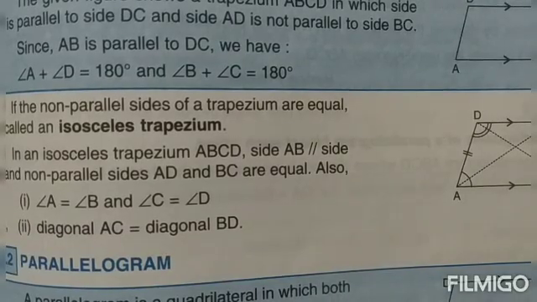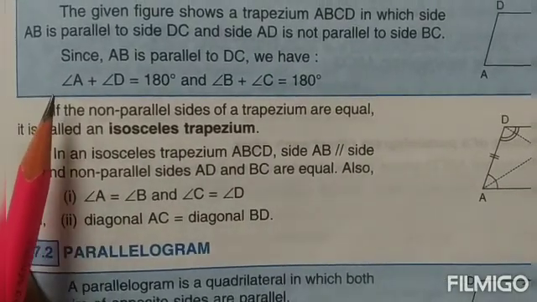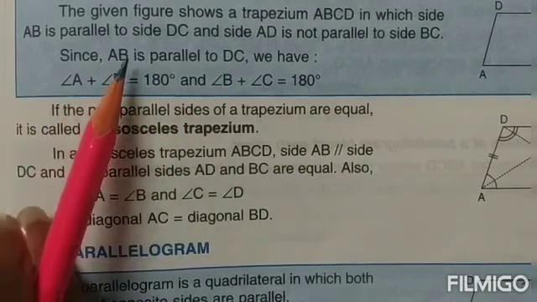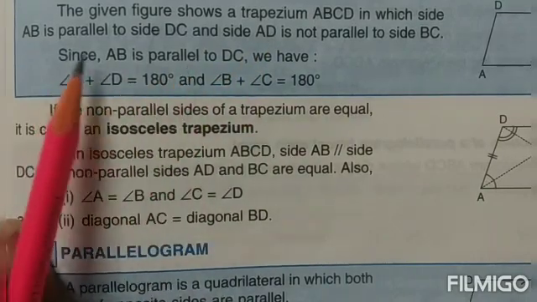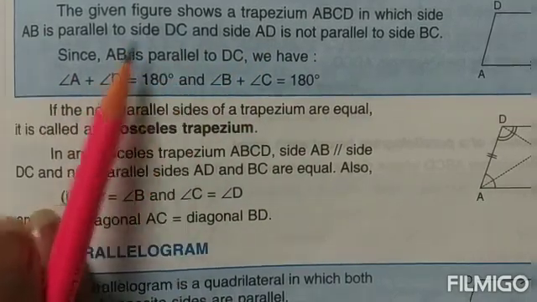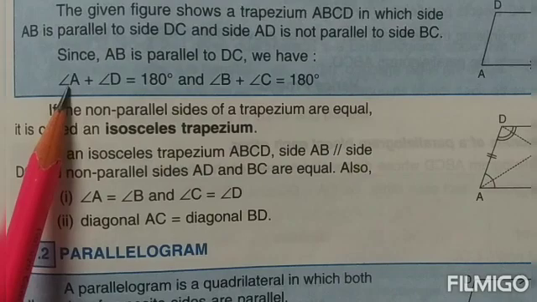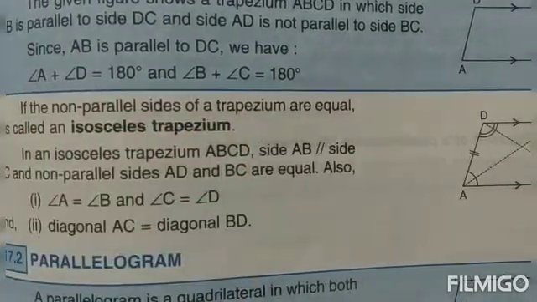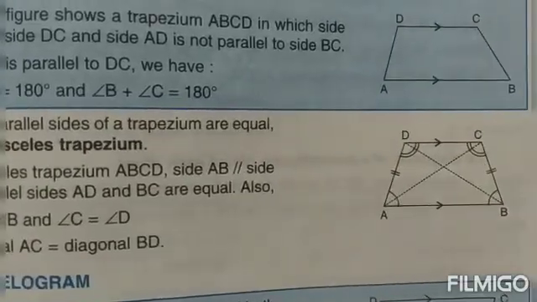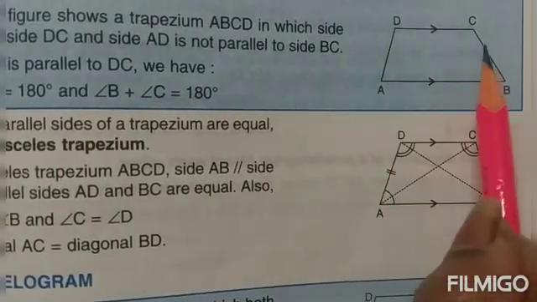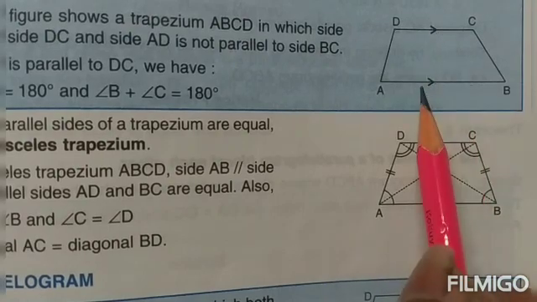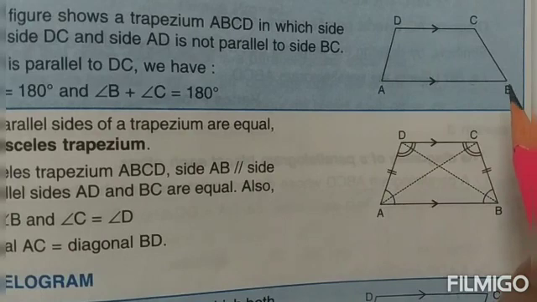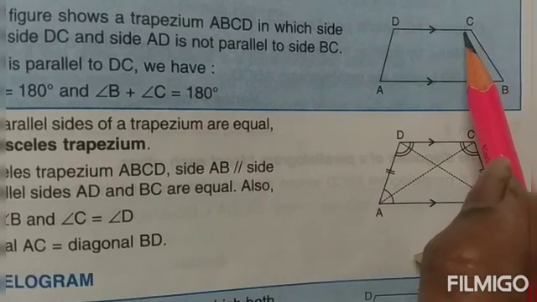Now for doing this question, children, there is a property which you need to know. Whenever we talk about a quadrilateral in which two sides are parallel to each other, right, AB is parallel to CD or DC, then angle A plus angle D will be 180 degrees. Similarly, angle B plus angle C will be 180 degrees. Now look at the figure, children. Here is the figure. This and this are the parallel sides because the arrows are telling. So angle A and angle D will be 180. Similarly, angle B plus angle C will also be 180.